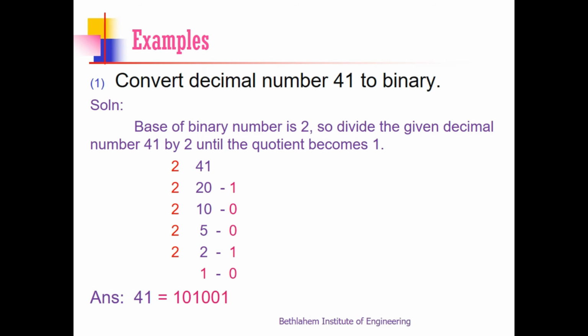Then you have to write the answer from bottom to top. It's 1 0 1 0 0 1. So in this way you have to write the answer. Keep it in mind, you have to write the answer starting from the bottom and moving towards the top. And while writing the answer, you have to represent the given number system. 41 is in which number system? Decimal. So you have to give the base 10. And now we have converted into the binary number system. The base of binary is 2.